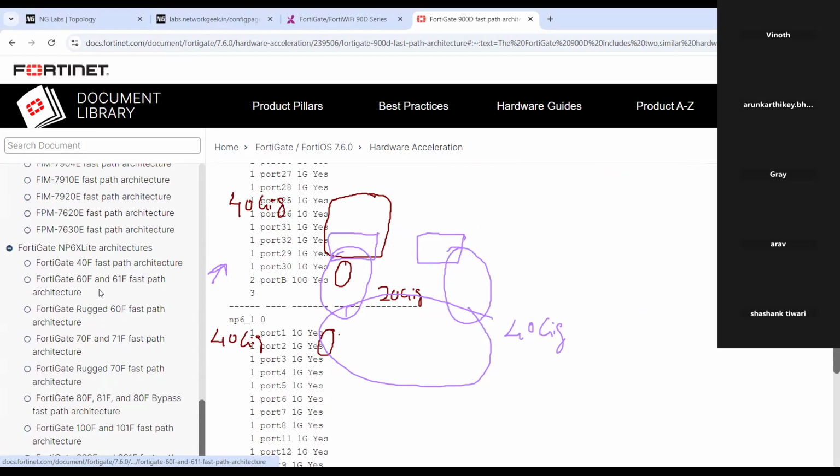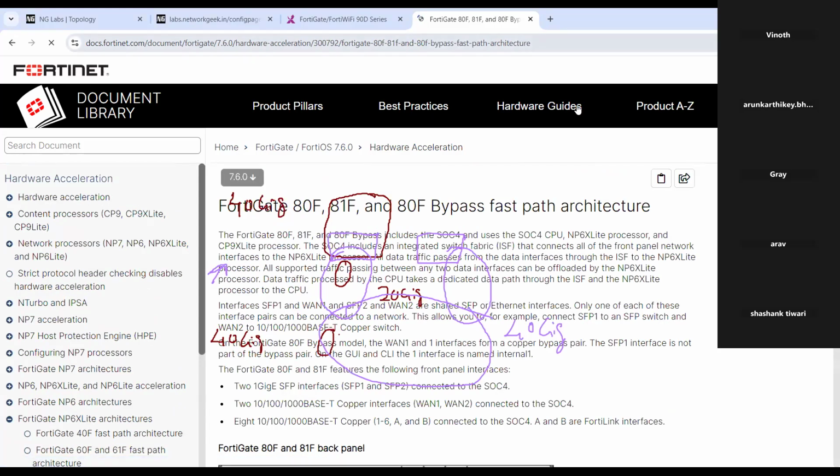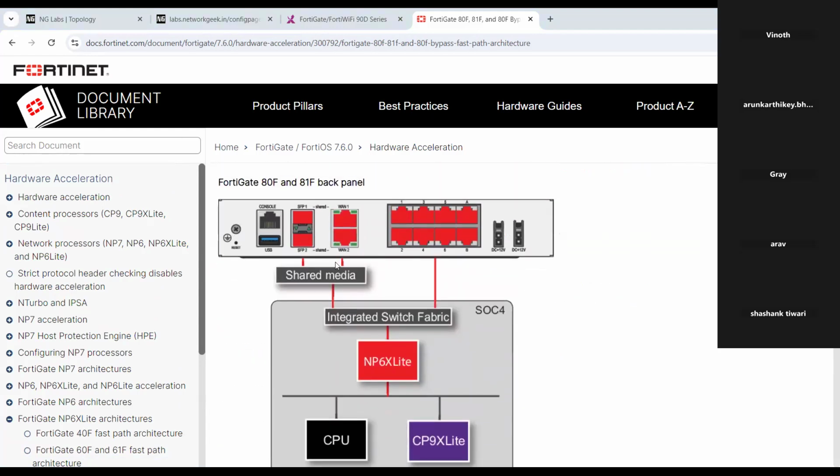Okay, here it is. Under NP6 Lite devices we have this. Let's say ATF. Let me clear this annotation. If you consider ATF, if you see,